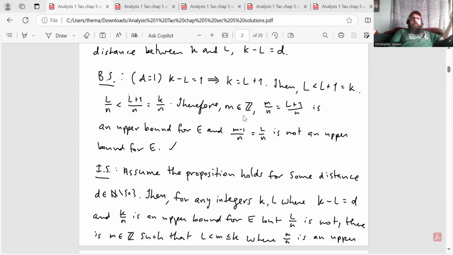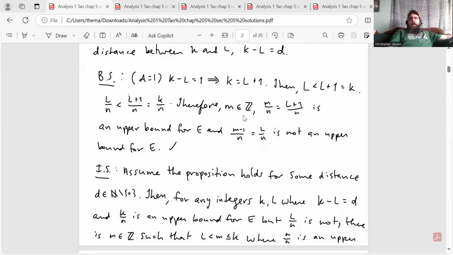So here's the base step. D equals 1. If K minus L is equal to 1, that implies that K is L plus 1. Then L is less than L plus 1, which is equal to K. And L over N is less than L plus 1 over N, which equals K over N. Therefore,